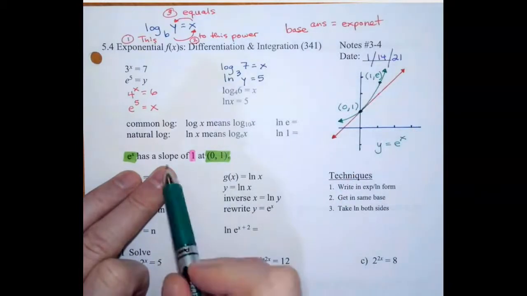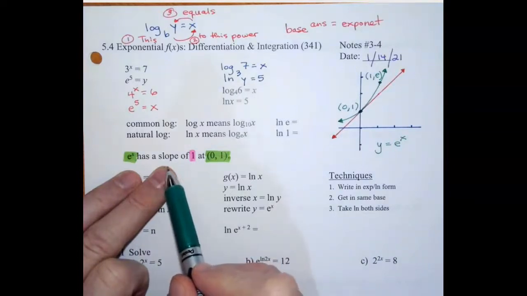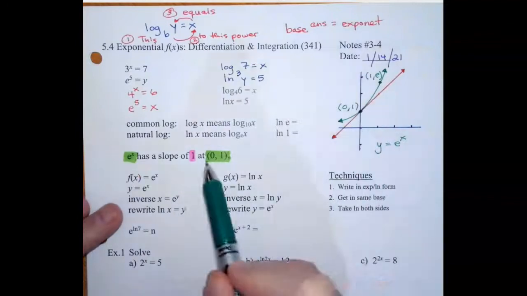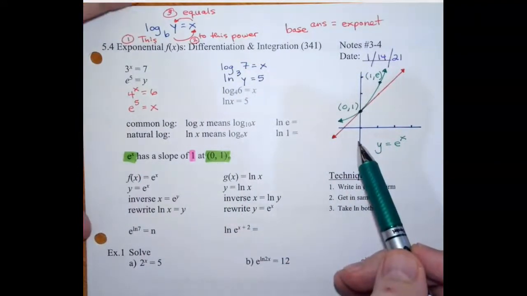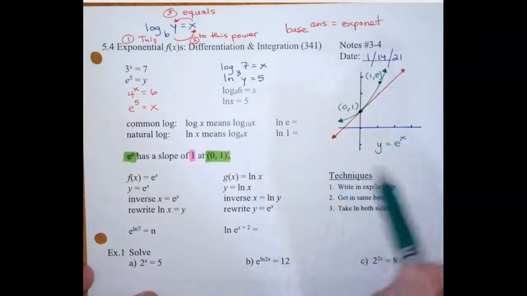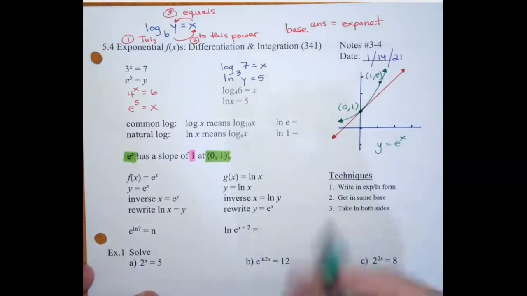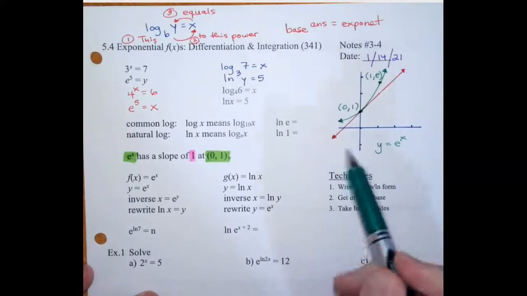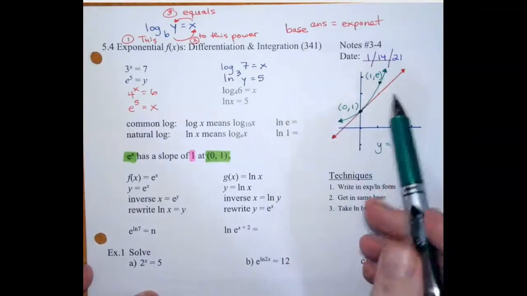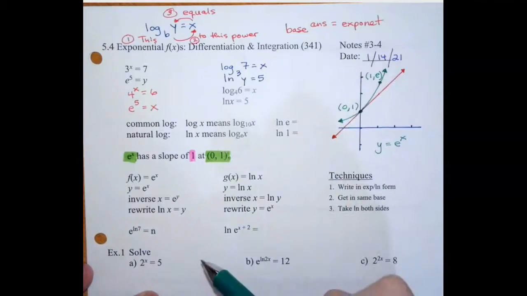So there it is. So this is saying that e to the x has a slope of 1 at the point 0, 1. That's not important to anything that we have to do, but it is something that's true. It is a way we could define the function e, would be a function that has a slope of 1 at 0, or part of that. Anyway,